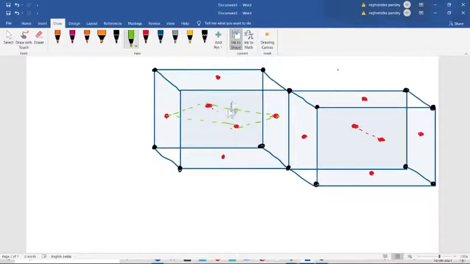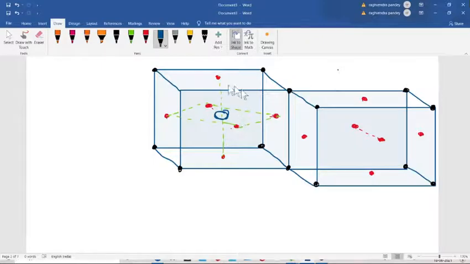And then these two are here, above and below the plane. So here we have the void. That is your octahedral void. So one octahedral void is present at the center, that we just saw there. So that is your void space.